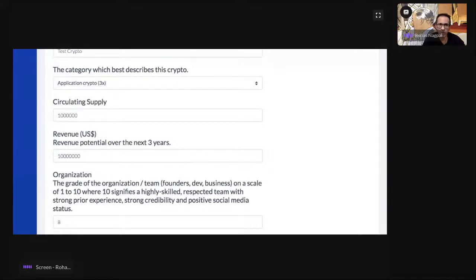Awesome. Now the next thing we need to do is figure out the revenue potential of this crypto over the next 3 years. Here I'm not talking 3 months, I'm talking 3 years. There are various ways to get this information. Can you right now see Token Terminal on your screen? Just give me a yes if you can see Token Terminal written here. Nope. Okay, give me a second. I think I understood the problem.